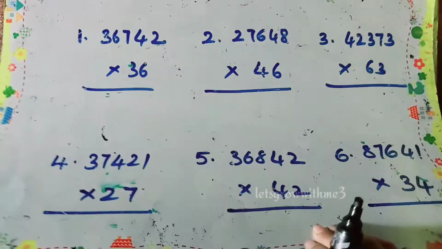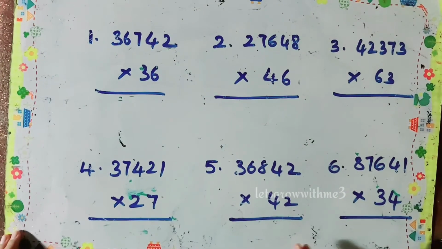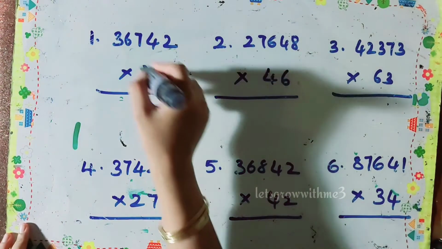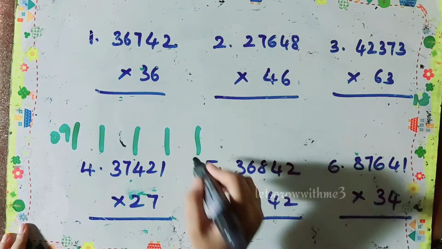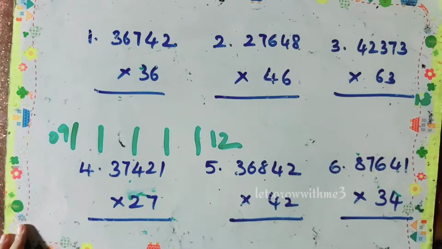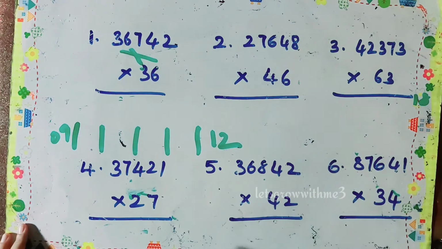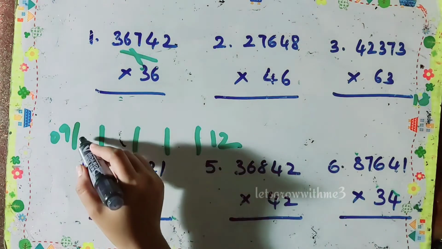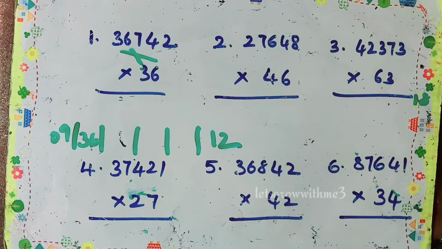Let's consider the first question. We need to do the first straight multiplications, and then we should leave space for 4 crisscross, and then we will do the straight multiplication from our right side. 6 2s are 12, 3 3s are 9. Now we need to do crisscross. Be careful. The first one I'll try to show each and every crisscross. 6 3s are 18, 6 3s are 18, so 18 plus 18, which is 36.